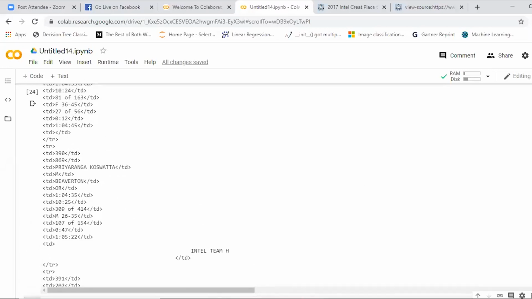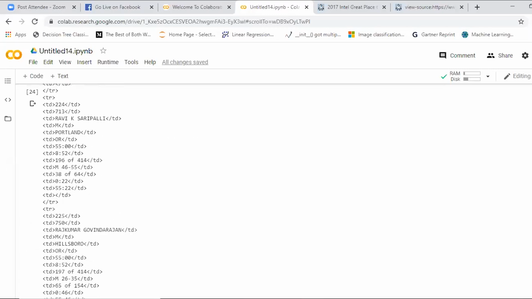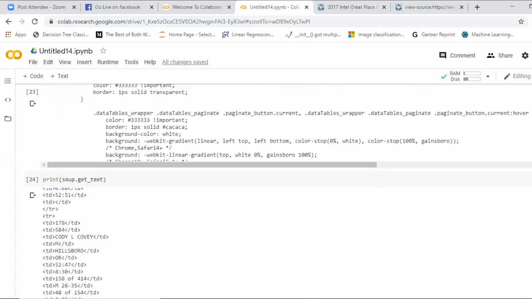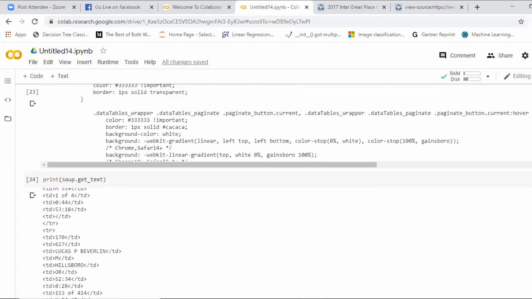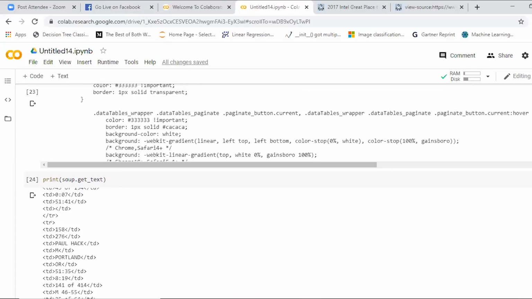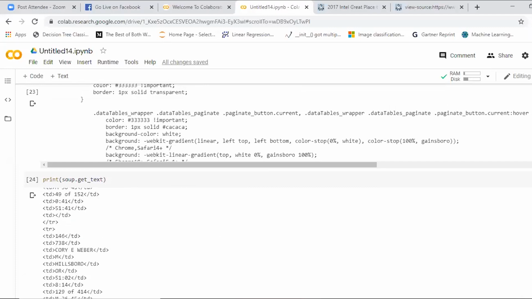If you are unable to get the title, you can rerun the URL. Probably you need to go to the first step and rerun the URL. See, if I go for the entire text, I get everything. You can go for soup.get_text. It's a lengthy one.